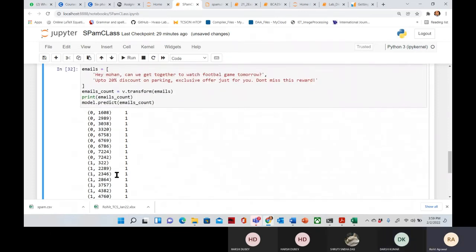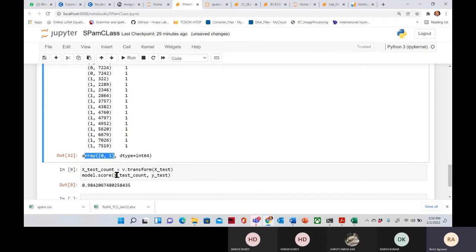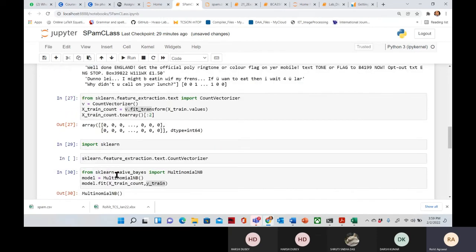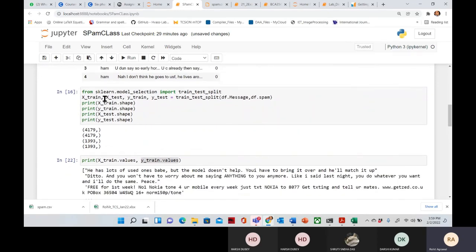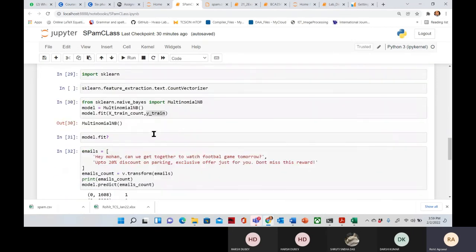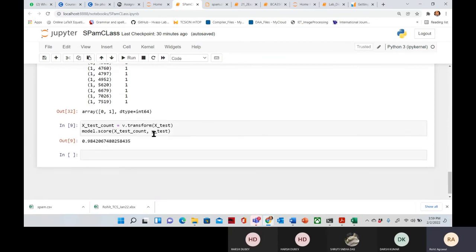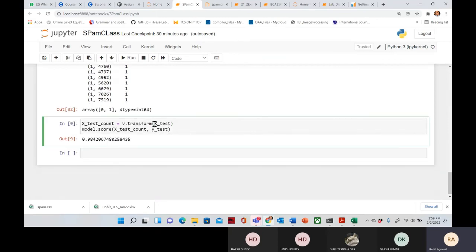If this is fine, then the remaining thing is that we have split our data into two parts, training and testing. So we can also test our model on this data. This is large data. The email that we created, a dummy email of 2 messages, was small data. There were only 2 rows. Now we can test on large data, this one, X test and Y test. So we will use the same model. Now we have our X test data.